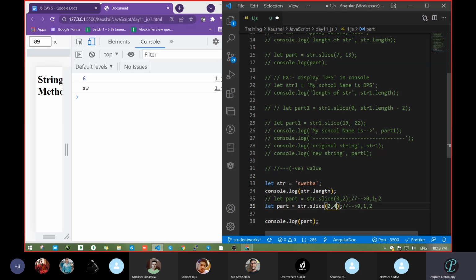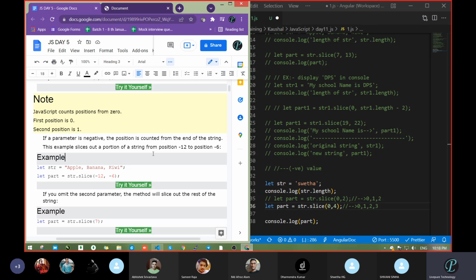Whatever index you have, now tell me up to where it will go. 0, 1, 2, next 3, 4. Will it take the last value, the fourth value, or not? It will not, because see this. What is the last value? 4. The last position is fourth, so it is written like this: 0, 1, 2, 3, 4 up to last. But the last it will not take. It will omit the last one.